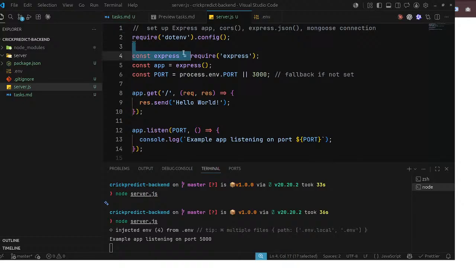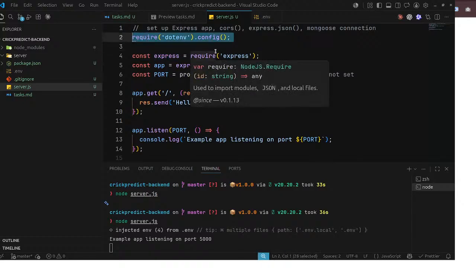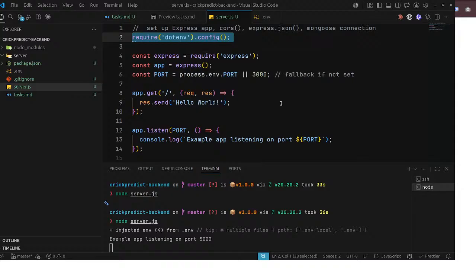I think we should first require this .env package, so that we can use env. Otherwise, it does not work. And you can use process.env.port. It's pretty good.